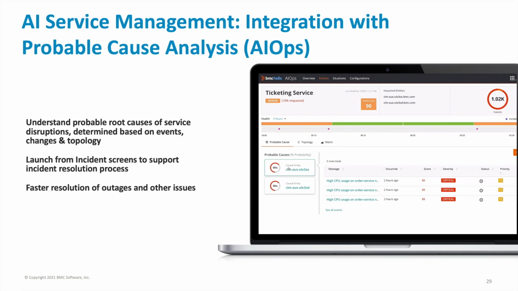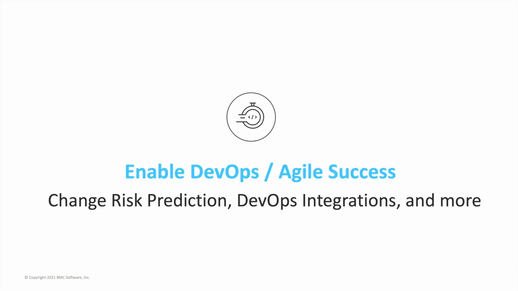Again, it shows our investment in AI capabilities to further improve the outcomes, whether it's in the problem management area, in the real-time incident clustering, or in the probable cause analysis in collaboration with our AIOps module. Now let me touch on the last topic and the enhancements that we've done in support of enabling DevOps and Agile success. This is again a big topic for us, and we have made investments here over the past years